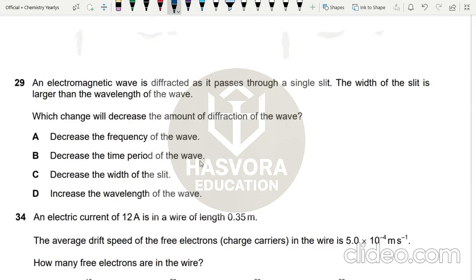Now the other question says an electromagnetic wave is diffracted as it passes through a single slit. The width of the slit is larger than the wavelength of the wave. Which change will decrease the amount of diffraction of the wave? So I have told you that diffraction